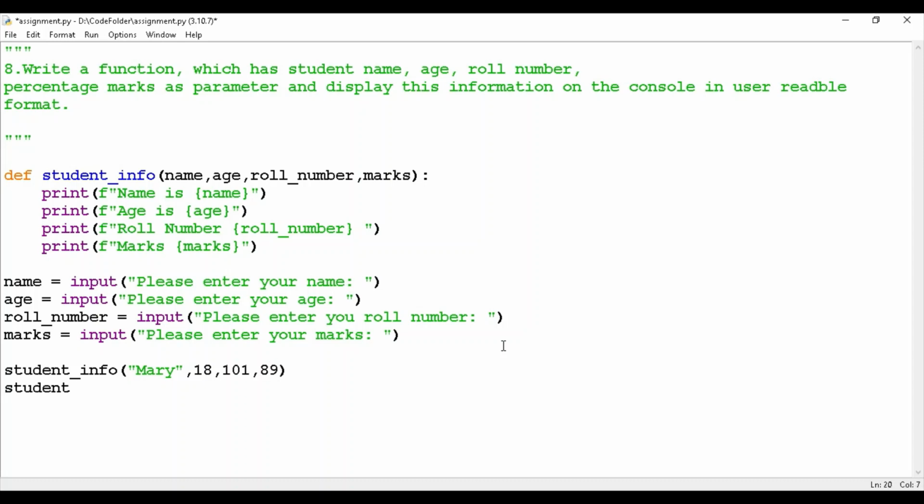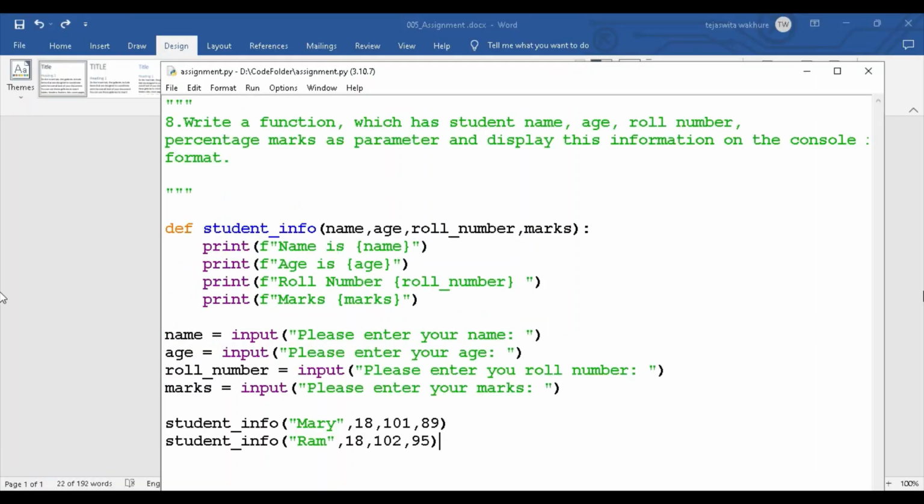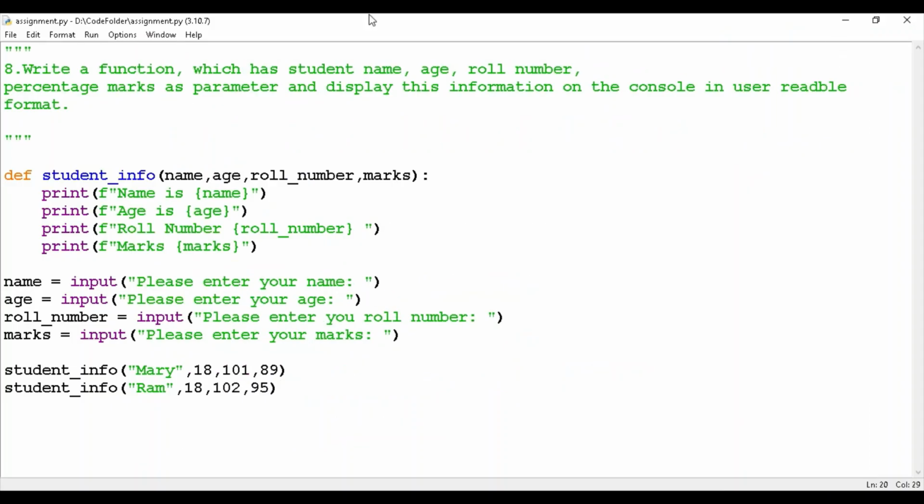Then again we are calling this function with different arguments: Ram, 18, 102, 95. So we have called this function twice. Now if I run this,